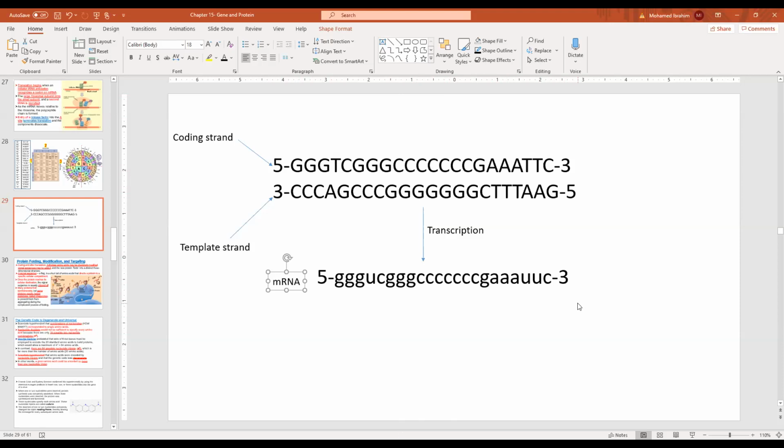This is the easiest way. So instead of doing the complement and being confused, if I give you a double strand like that and ask you to do transcription, you take the coding strand, which is going from 5' to 3', and you copy it exactly the same, but every single T, you change it to U because there is no T on the messenger RNA.